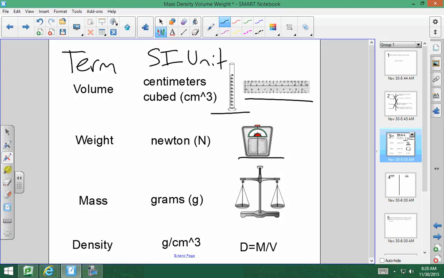The mass of an object has SI units of grams, which is abbreviated as a lowercase g, and is generally measured using the instrument called a balance. In class, you've probably seen a triple beam balance, and that is generally what we use in laboratories to measure the mass of an object. Now, density is calculated via an equation, and its SI units are grams per centimeters cubed. And the equation used to calculate density is